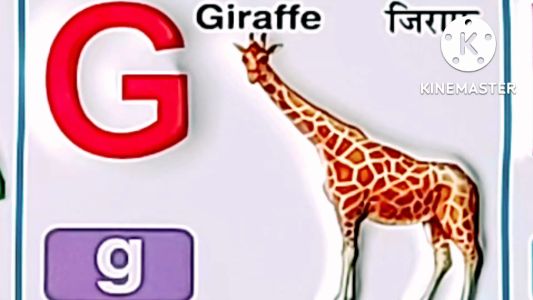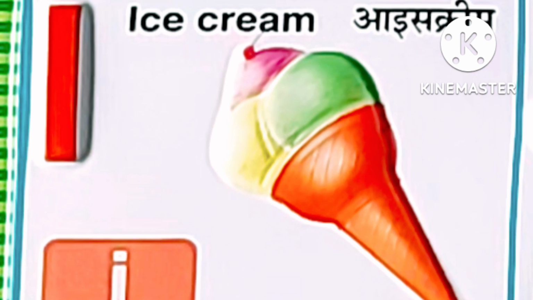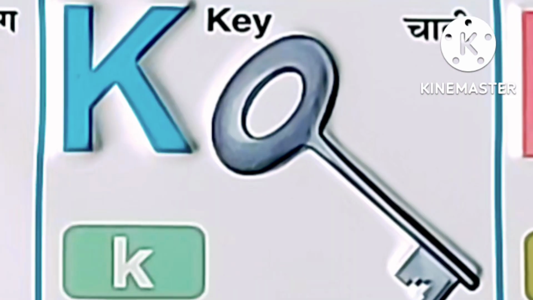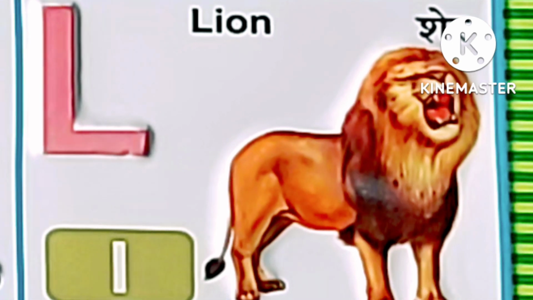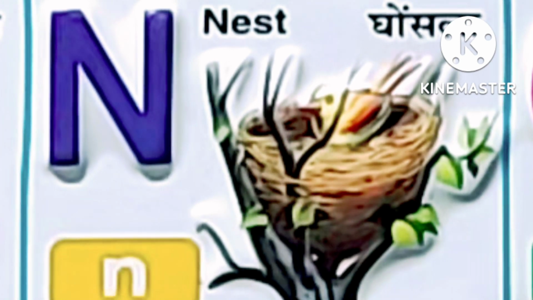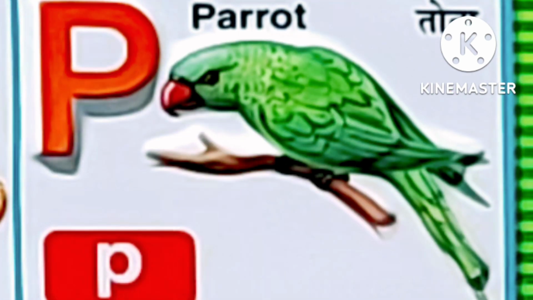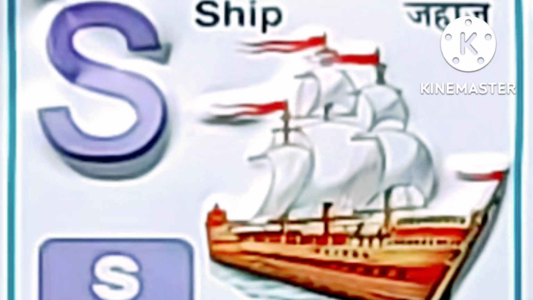G for giraffe, H for horse, I for ice cream, J for jug, K for key, L for lion, M for mango, N for nest, O for orange, P for parrot, Q for queen, R for rose, S for sheep,